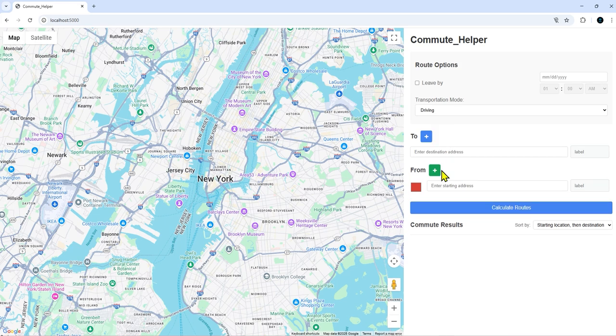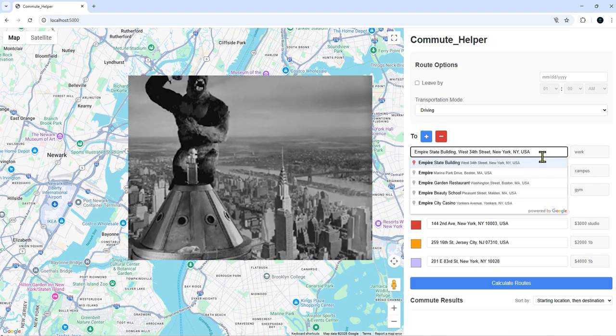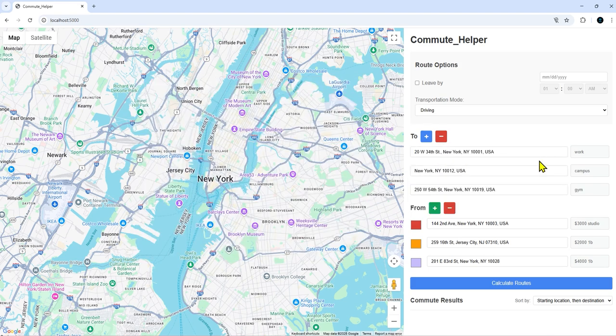And let's try it out. All right, now let's put in some locations here. Let's say I work at Empire State Building, and I study at New York University, and this is a gym that I frequently go to. I'm trying to compare the rentals between these three different locations. We have a 3000 studio, we have a 2001 bedroom in Jersey, and we have a 4001 bedroom. And if I click calculate routes here,